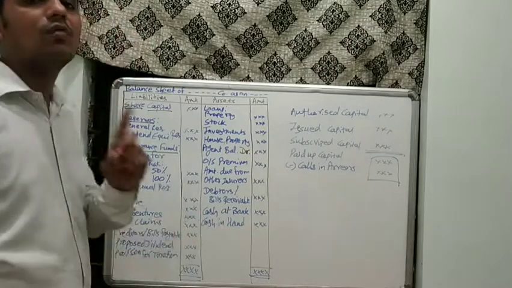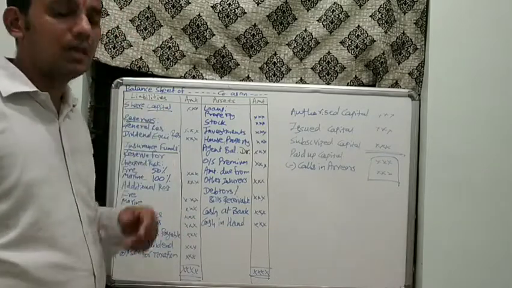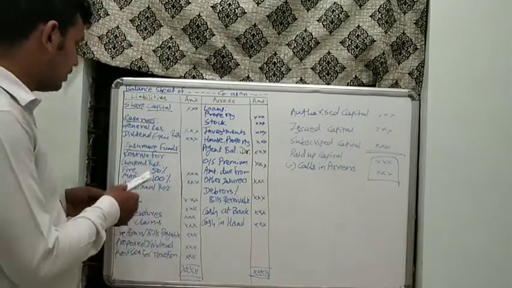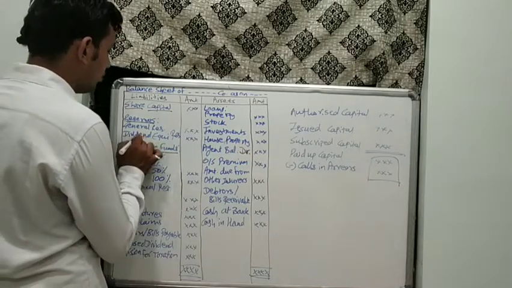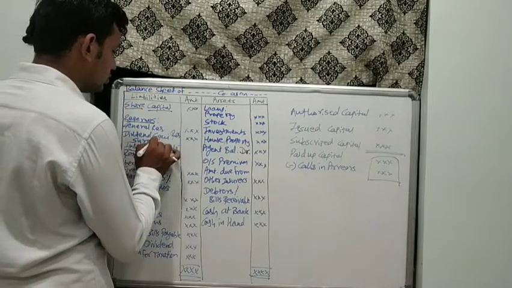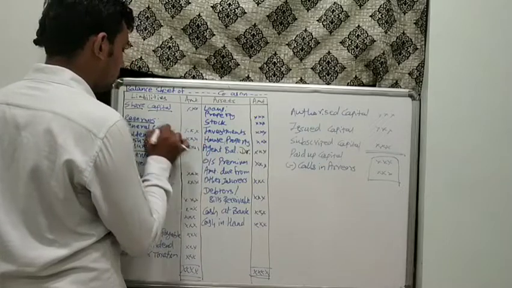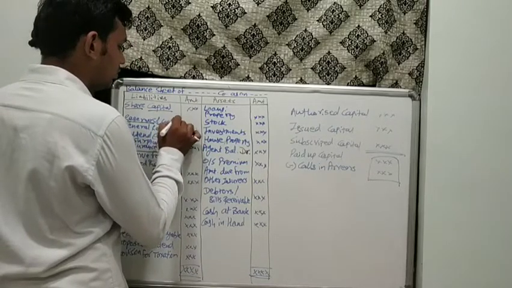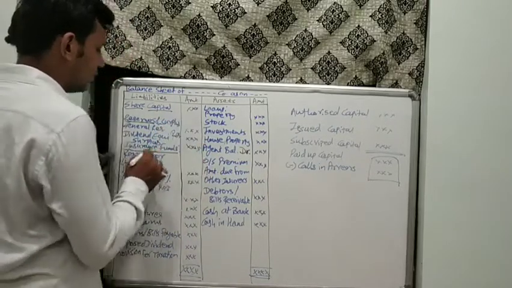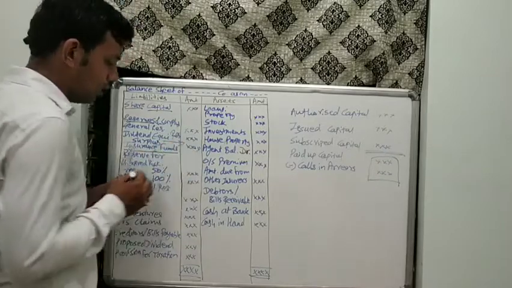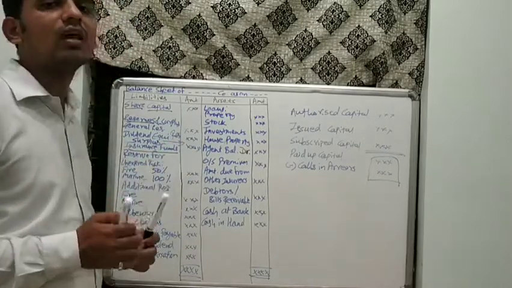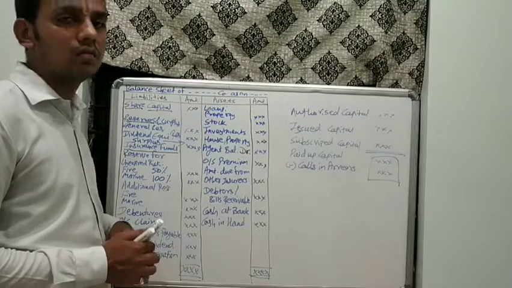Apart from that, one thing which we have left would be the surplus. If surplus has been provided to you, it would form part of the reserves and surplus part. Here we would write reserves and surplus, and we would take it here. So surplus would be taken into the part of the liabilities, second column, that is reserves and surplus.